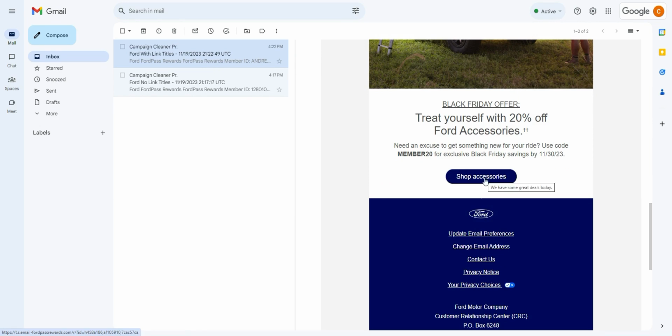For instance, when I hover over Shop Accessories, the link title teases some great deals available today. This little nudge could motivate someone to click through and explore those deals. In summary, a well-thought-out link title can really boost engagement. It entices the customer to click and can significantly enhance the success of your email campaign, not to mention your email